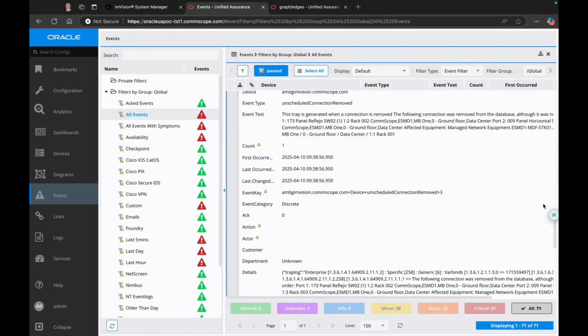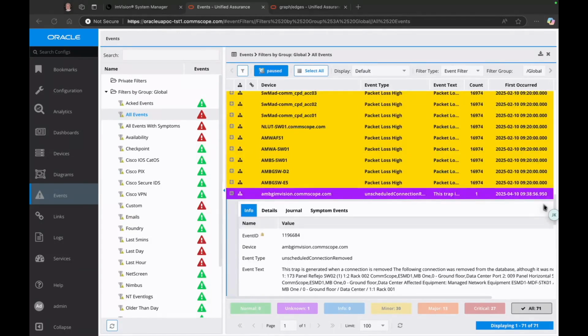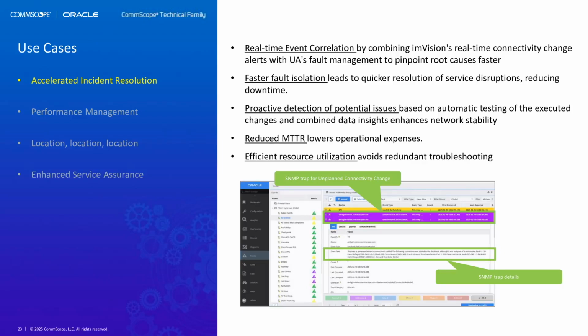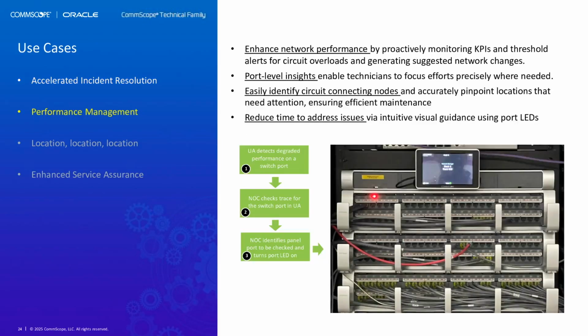We want to do the next use case there, Mike? Sure. So